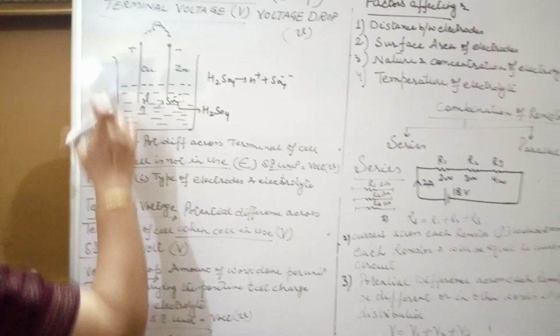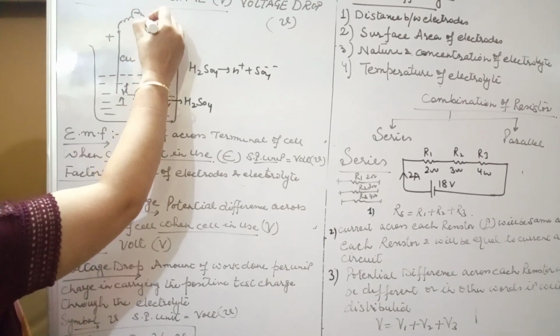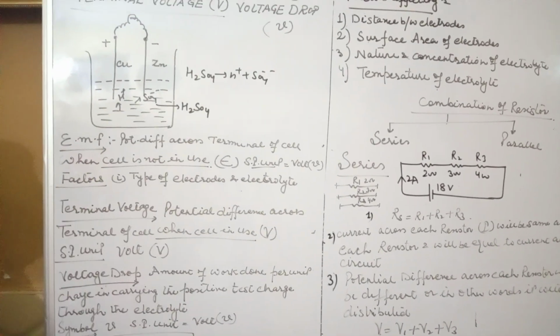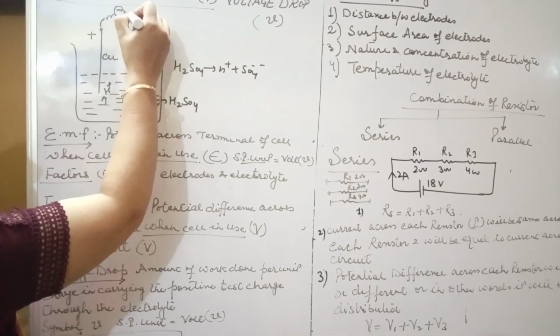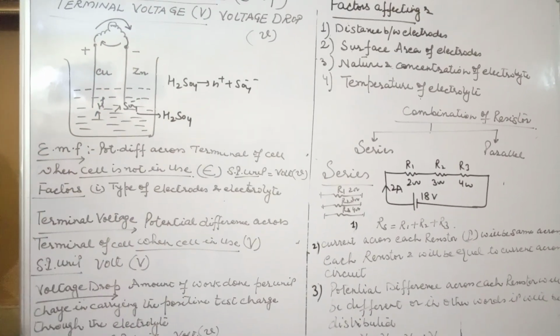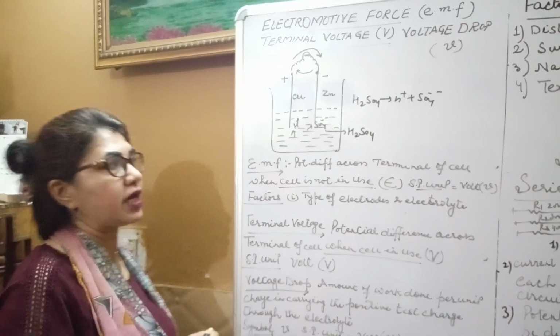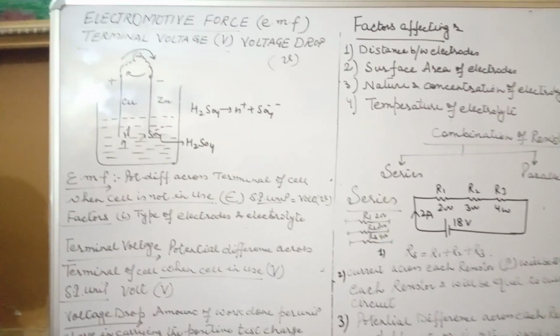You know, when one rod is positive and the other is negative, when we connect it with an appliance, what will happen? Electrons will move from negative to positive and current will flow from positive to negative. That is the secret behind how current flows in a circuit with the help of the cell. Again coming back to the positive and negative terminals, that is called the potential difference.